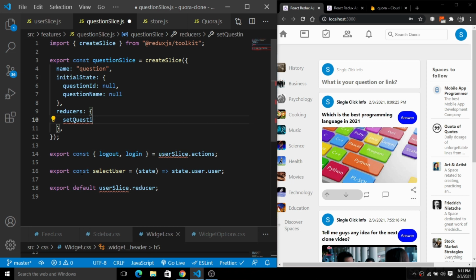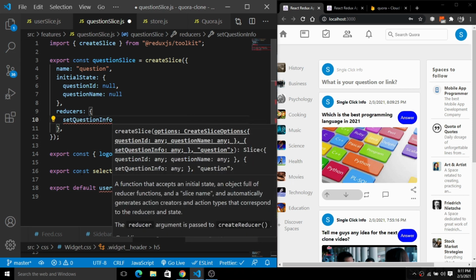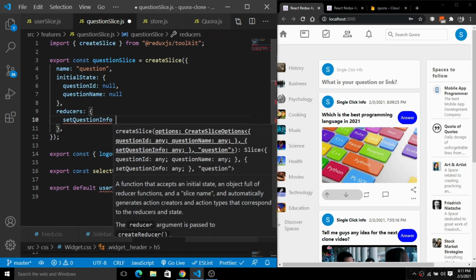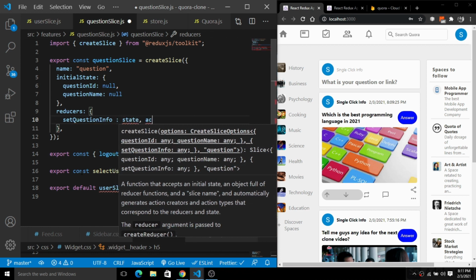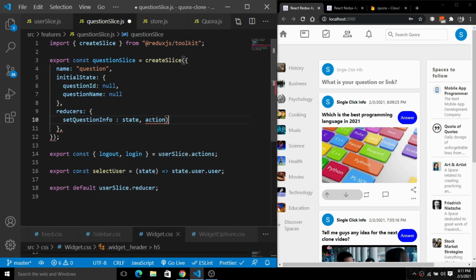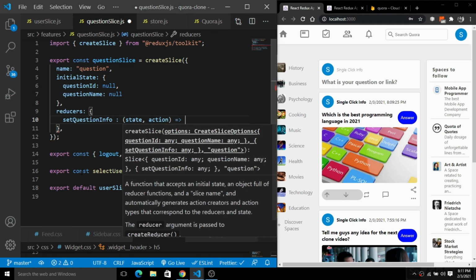So here we will simply set this for the question info, just like this. And here we will have this question info, and here we will have a state, and we will have an action, just like this. Okay, so we will have this state, we will have this action. I'm going to simply create an arrow function here.